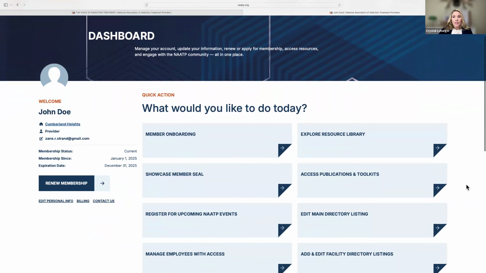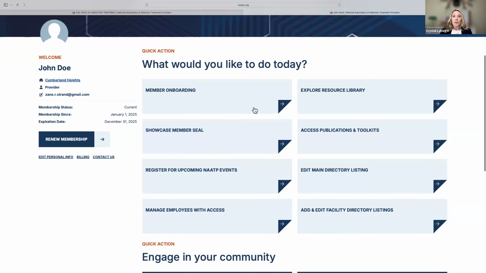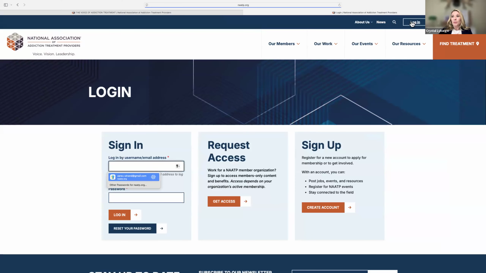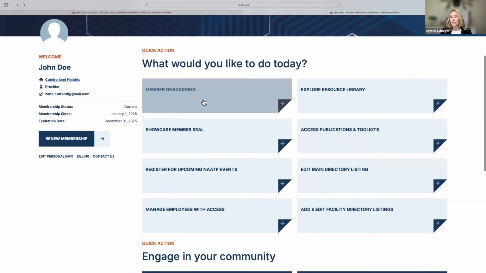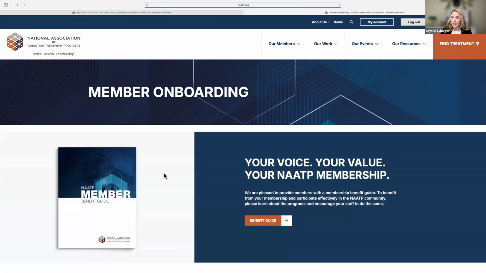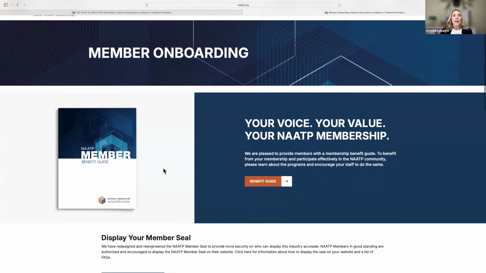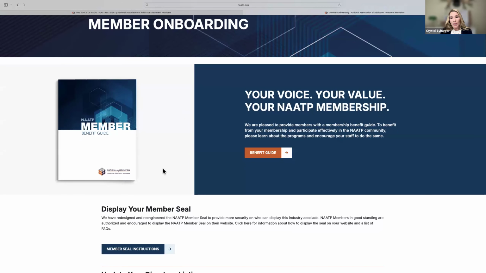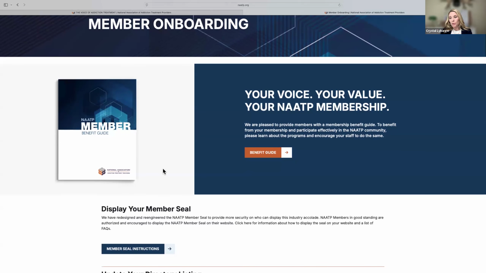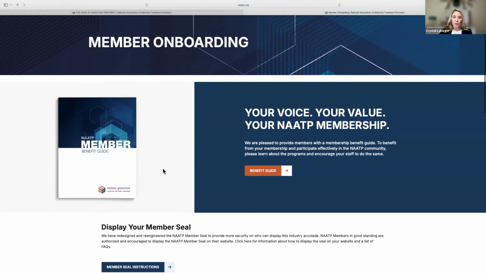So now we're going to dive into that member onboarding button. When you click on member onboarding, you're going to see several powerful tools there that are going to help your team get the most. So Zane's going to go ahead and log in. And while he's doing that, something I do want to highlight again, if you're creating a NAATP account for the first time, you'll go in there and you'll make sure that your organization is listed. So you'll scroll through the different organizations, find your membership organization, and create your membership under them. So we'll scroll down